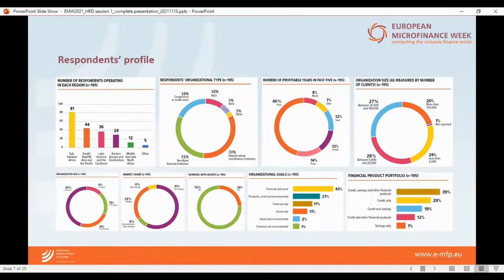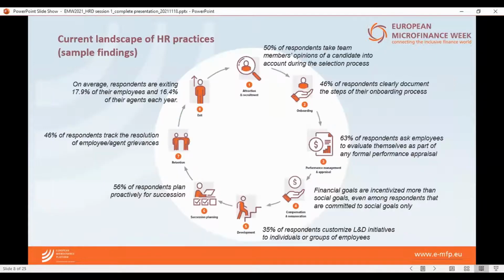As I mentioned, the first objective of the survey was to map the current landscape of HR practices among financial service providers working in financial inclusion. To meet this objective, we prepared a survey report that summarizes the responses to all 68 questions. It follows the same structure as the survey itself, with sections that focus on the different phases of the talent management lifecycle. Each section has multiple charts and tables that present the data in a pretty straightforward manner.